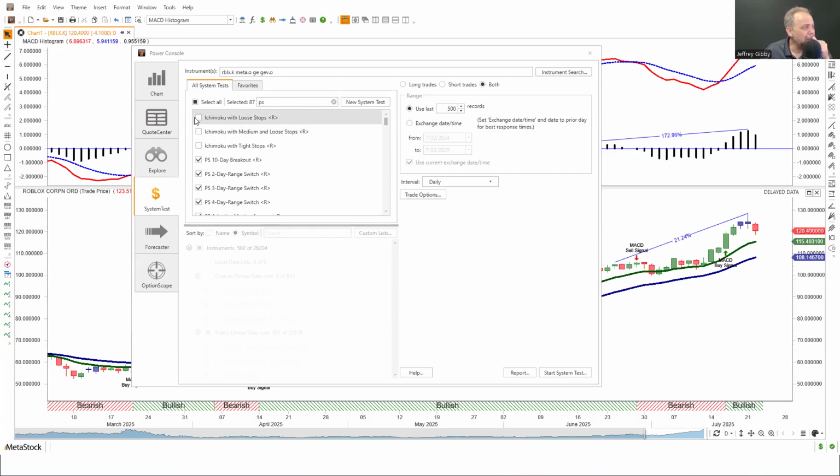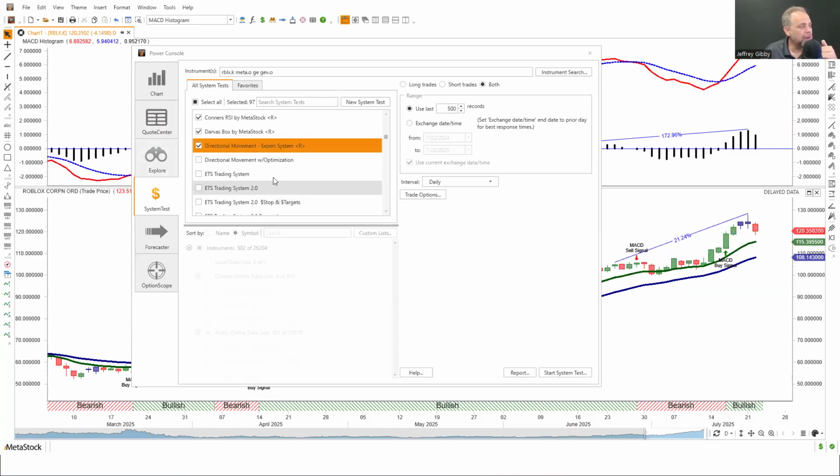Okay. I'm going to grab the Ichimoku. Ichimoku is a system we just added to Metastock. I do a whole class on it that talks about how Ichimoku works and how you understand it. It's really cool. There's a couple that I want to make sure I include here. We'll do the Bollinger Band system. I'm just choosing the ones that I know are built into the software, because if you want to, you can create your own. And I'm staying away from the ones that are optimized because it saves me from talking about how optimization works, which you can certainly do in Metastock.